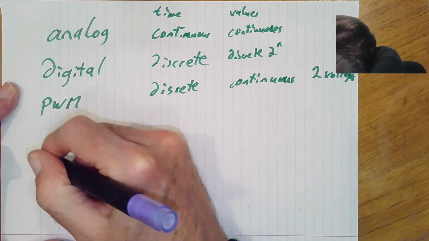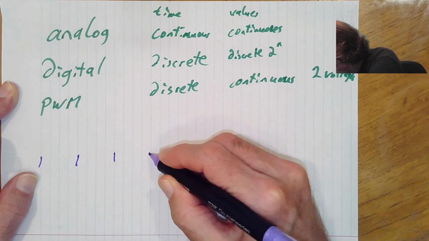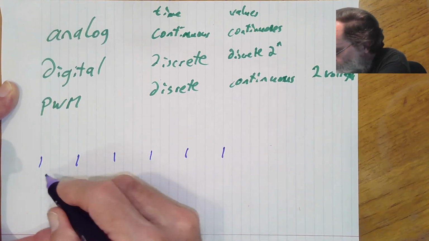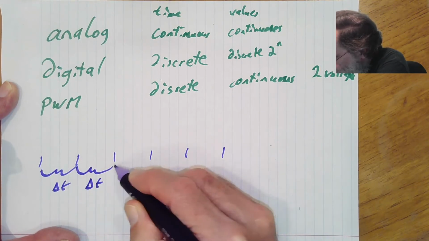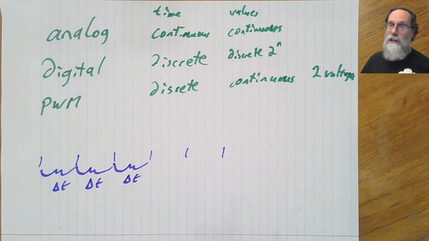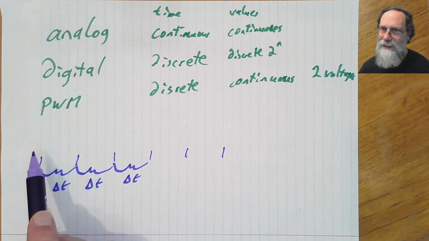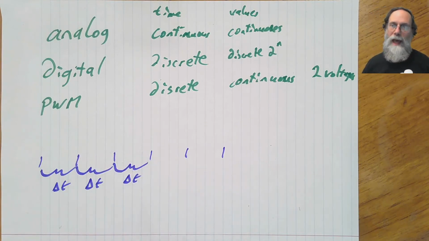So let's look at some intervals of time, delta t. Draw some tick marks here, where each one of these is an interval of delta t time. Now, if we were looking at a digital signal coming out of a digital to analog converter, so take the digital signal, convert it to analog, we would end up with a voltage here that was constant for that time interval that was one period of our delta t.